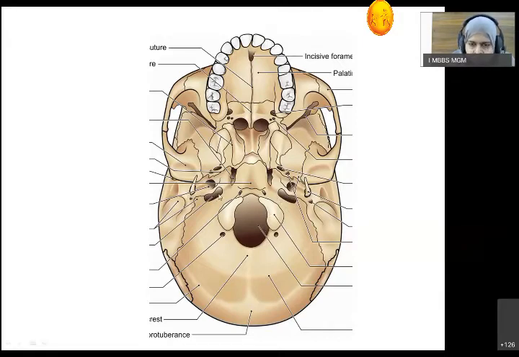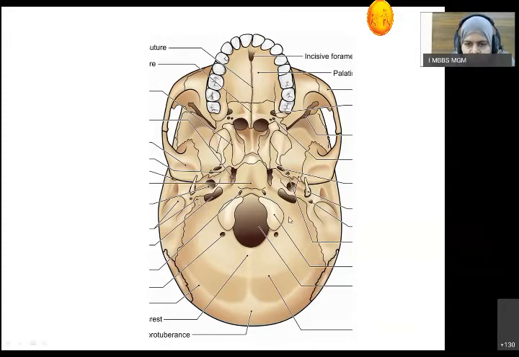Lateral to the occipital condyle, there is one foramen, which is known as the jugular foramen. The internal jugular vein passes through it, hence the name jugular foramen. Medial to it, there is an elevation. These are a few things we can only appreciate in the bone itself; it's not very easy to find them in the pictures of the PPT. There is a jugular notch. Just lateral to the jugular foramen, there is a fossa, known as the jugular fossa.